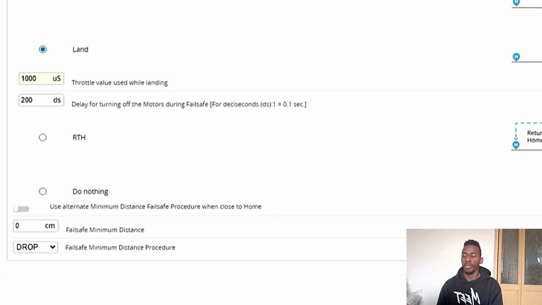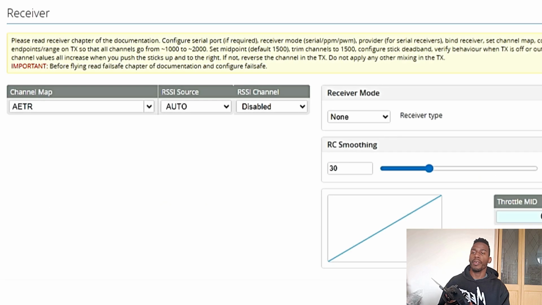Now I don't want to save and reboot. I don't have time for the rebooting. I'm going to go straight to the receiver here. Now it's going to be a very short video because that transmitter is already connected to that receiver from Betaflight. In essence it has a binding phrase, and that binding phrase is the same as what's on the transmitter, and it has the same regulatory domain that corresponds to the transmitter. So it basically will always